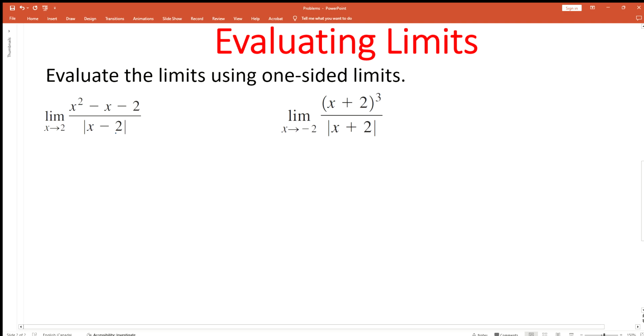The first step is to factor the expression in the numerator. It is a simple trinomial. We can factor it using the sum and product method. As per this method, we have to find two numbers whose sum is -1, the coefficient of the x term, and product equal to -2, the number term. The two numbers that satisfy these two requirements are -2 and 1. So we can write the factored form as